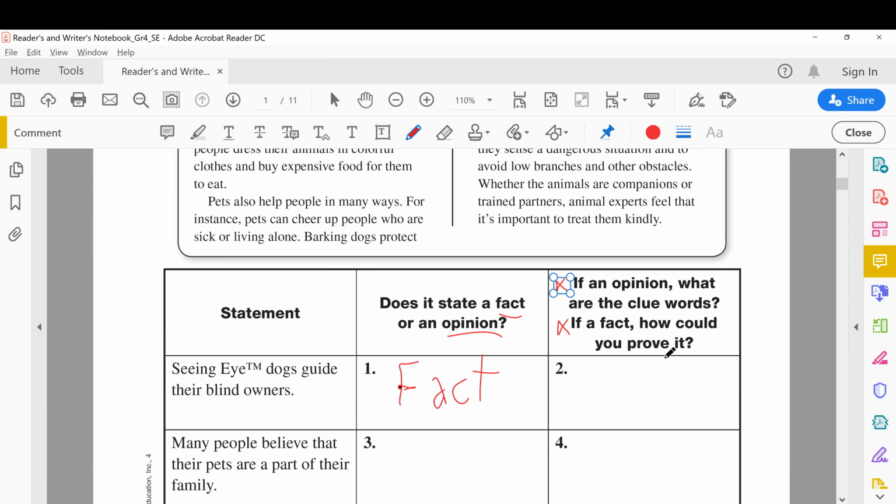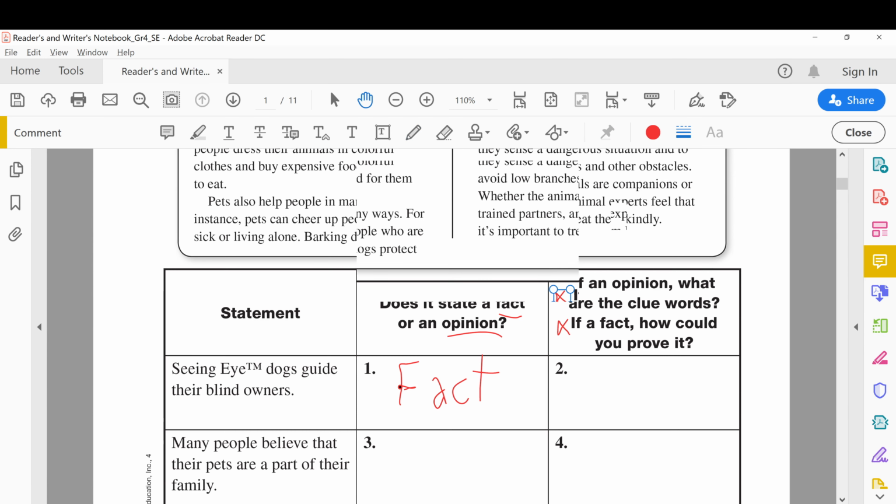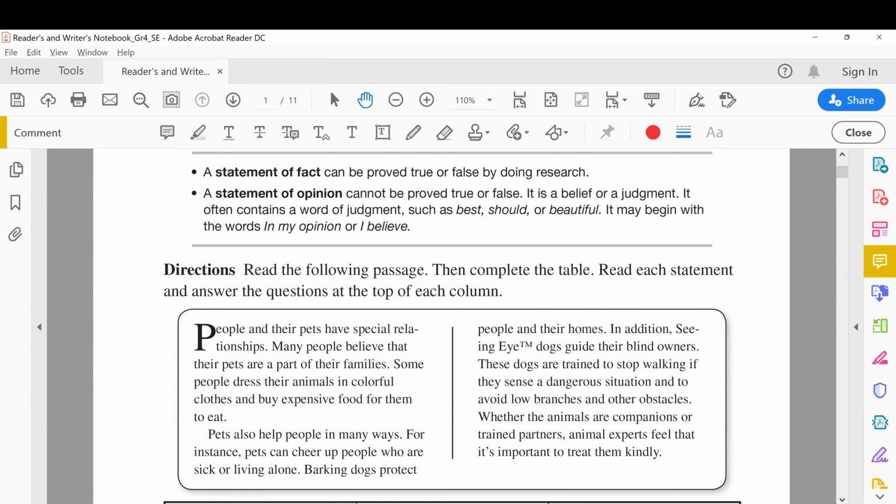How could you prove it? How can I prove that this is a fact? Well, I have a hint here. When you go back to the definition, a statement of fact can be proved true or false. How can I prove it? By doing research. So this is the answer. So I'm gonna write